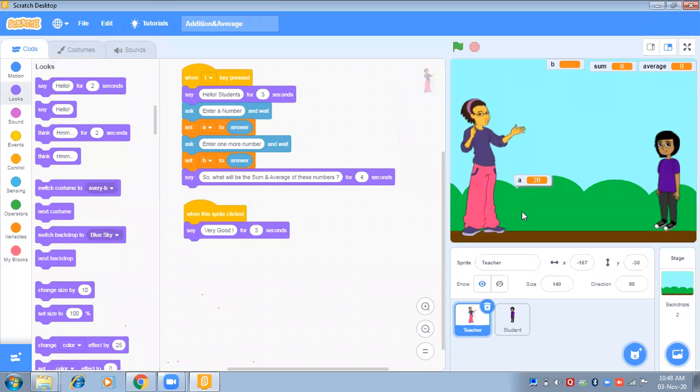Okay, we can place it here also because no message will appear here. So we can place these blocks here instead of at the top.